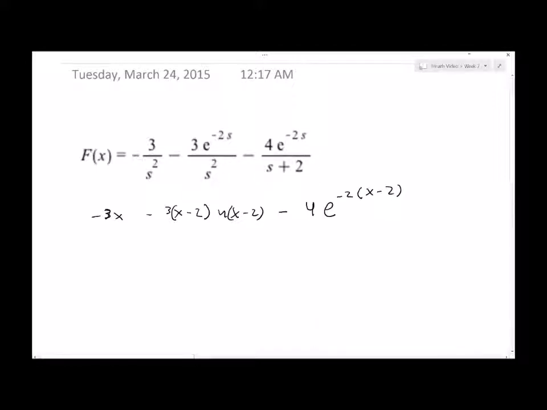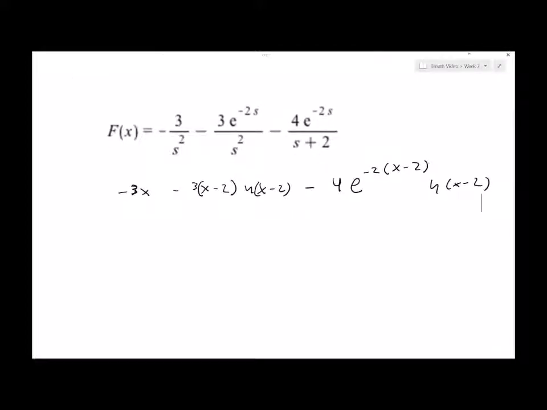How do I know that's our c? Because that's our power up here on the e. Okay, so that, and then u of x minus 2. So now, to do our function here, f of x